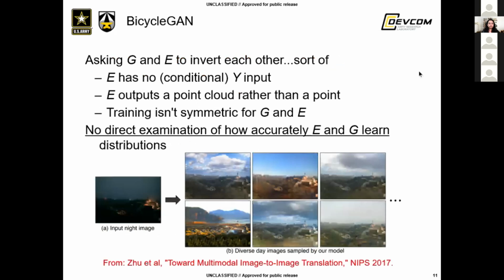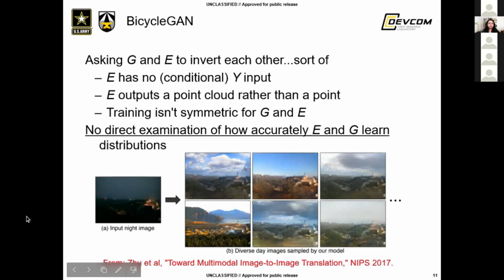So as I said, this is kind of asking the generator and the encoder to invert one another, which I'm mentioning because it's going to lead us into looking at invertible neural networks later. But there are some issues with that. The encoder has no conditional input. As with the VAE, it's outputting a point cloud rather than a point, so you can't directly compare the starting and end points when you try to invert the model. And I'm not going to go into the details, but the training in that architecture is not symmetric for the two. And furthermore, in addition to that, there's no direct examination of how accurately those learn the target distributions, which